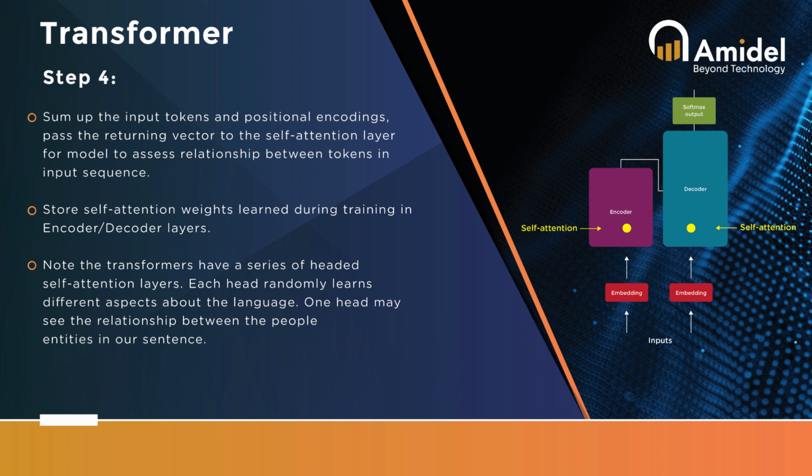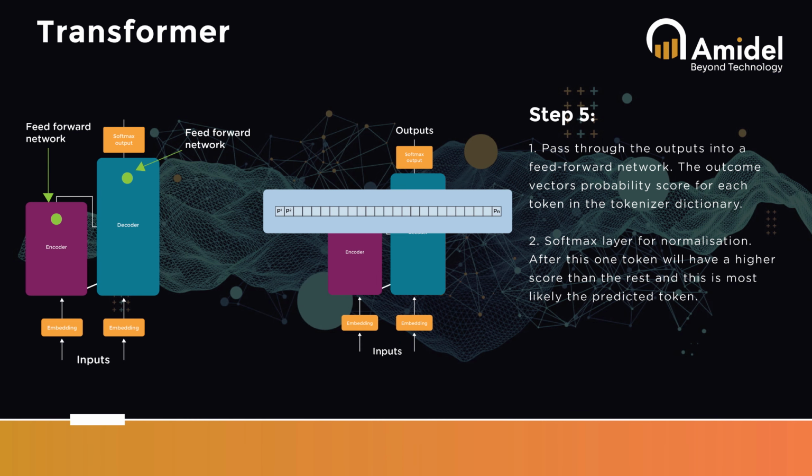And this attention weight basically means, as you'll see in the last step, we're giving each word a probability of when it's likely going to be predicted, right? And what's happening in this encoder and decoder here,